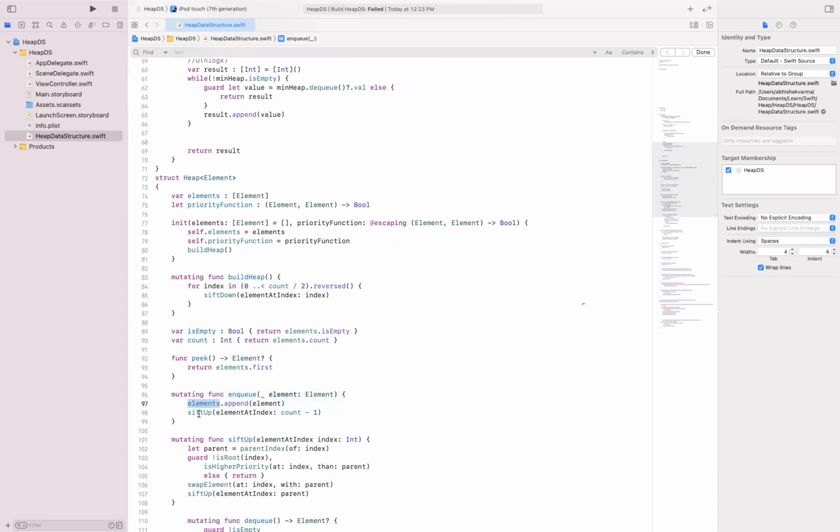After it has been appended, this function has a time complexity of O of log n, basically whatever the height of the tree is. Considering my total size of the heap will be k, this time complexity will be O of log k.